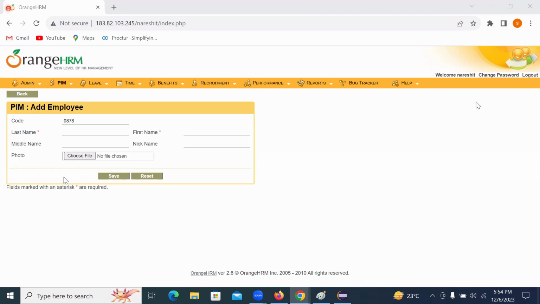Rather than clicking, we just provided the path of the file, whatever file you want to upload. We did not click on the button, because once we click on the button,